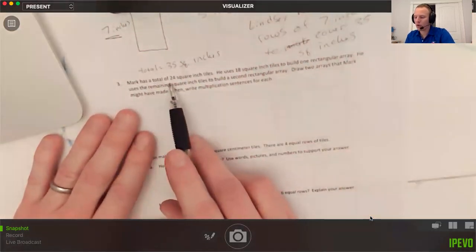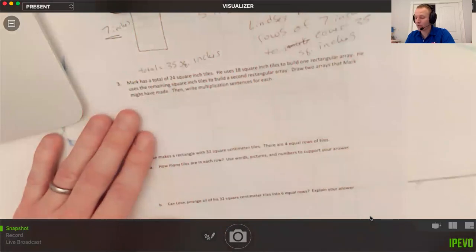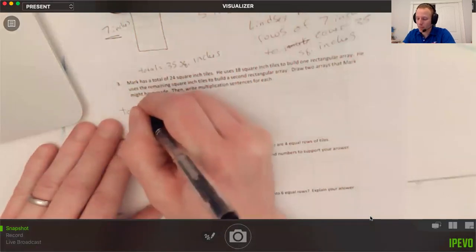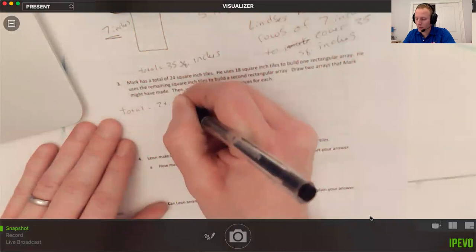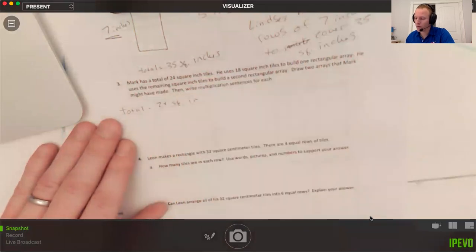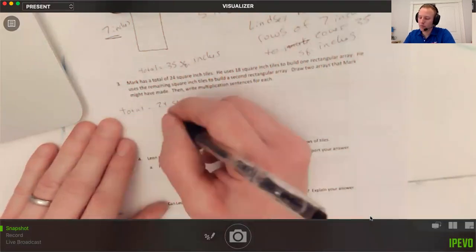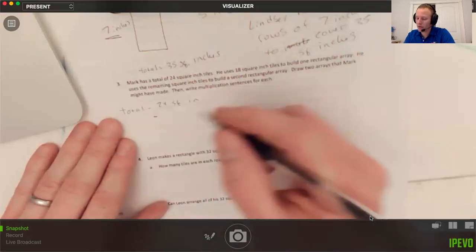Mark has a total of 24 square inch tiles. He uses 18 square inch tiles to build one rectangular array. He uses the remainder to build a second rectangular array. Draw 2 arrays that Mark might have made. So 18, so he uses